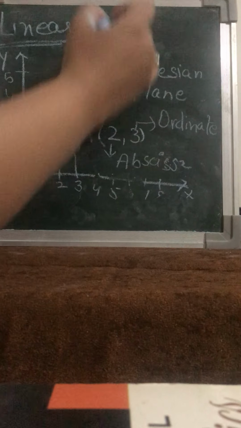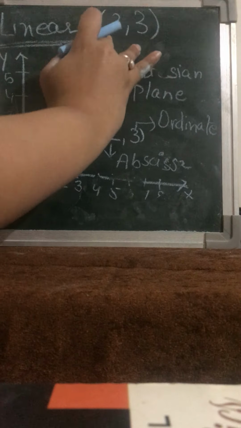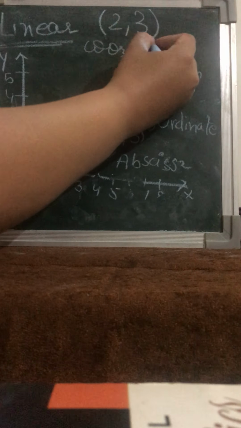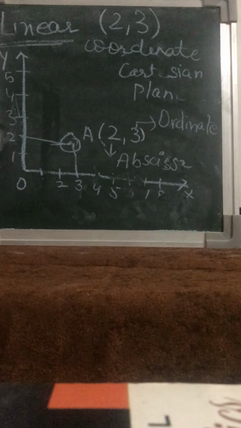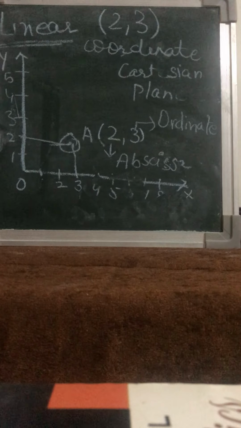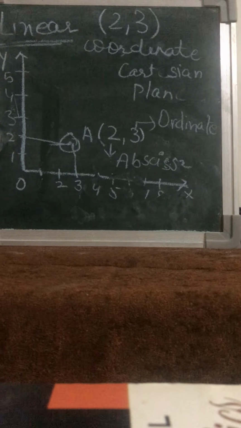And when abscissa and ordinate come together, a point is formed. And we call it in the combined form a coordinate. What do we call it? Coordinate. Abscissa, ordinate, coordinate. You can watch this video as many times as you want so that you can understand. Okay. Now let's quickly do